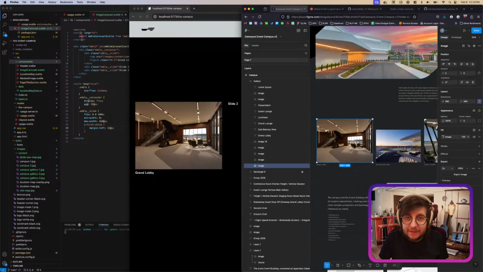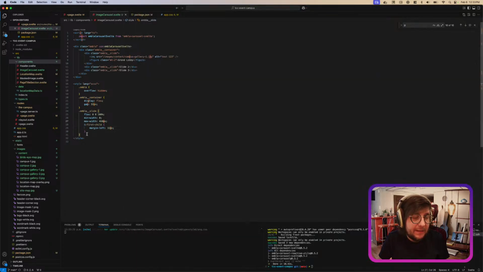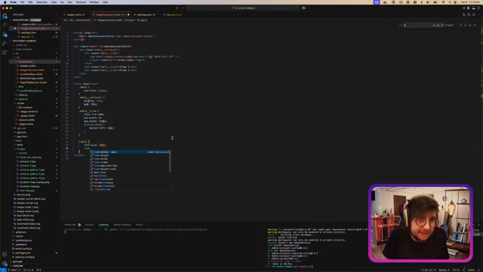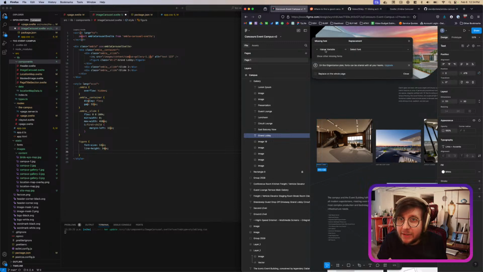Okay, for styling this, we need to basically get this style. So links and accents. Do we have something for this yet? Let's just hard code it. We'll just do figure. Font size will be 14 pixels. Line height, 14 pixels. And it looks like it is maybe not white. What the hell? Where's the color come from? Oh, it is white. Okay, but then it's also using our fun font. Which font is that? We can get that by double clicking. It's using